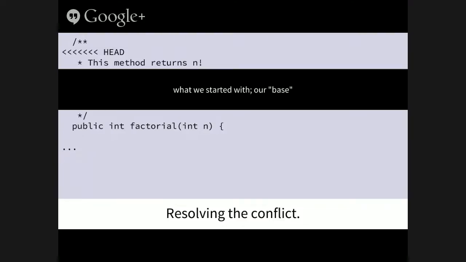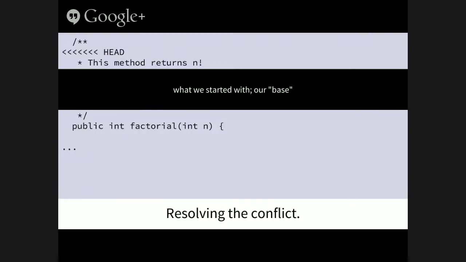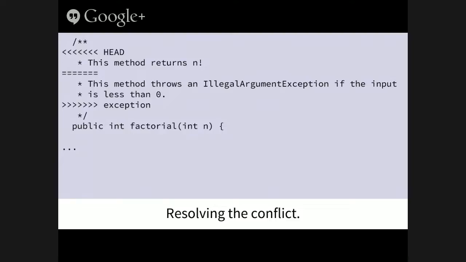Notice it says HEAD and then exception. Exception is the branch that we wanted to add in that was in conflict, and HEAD means where we currently are. So this is what we had before,